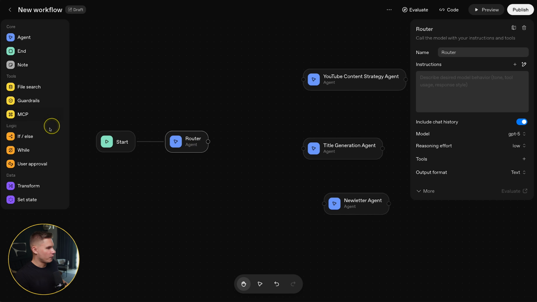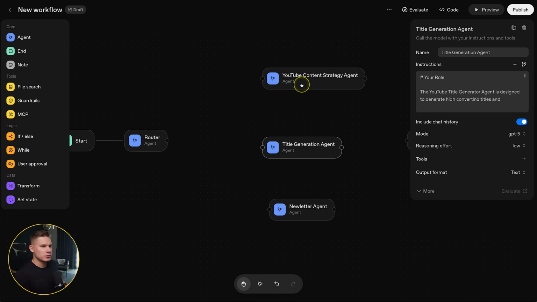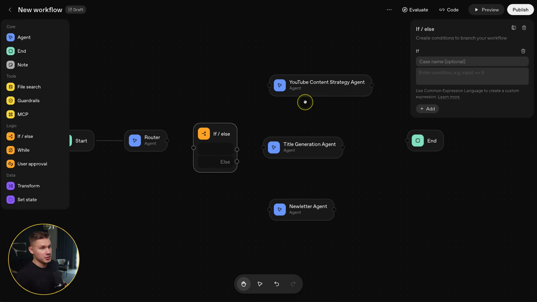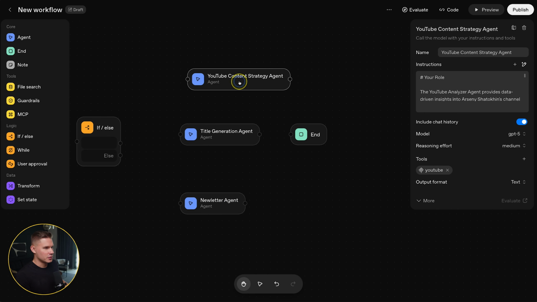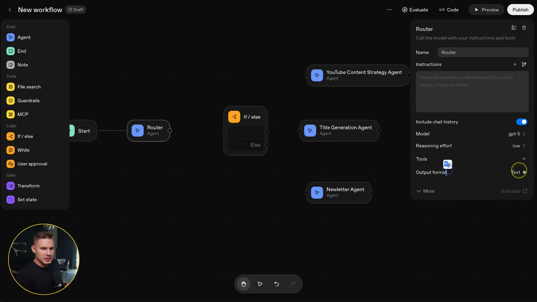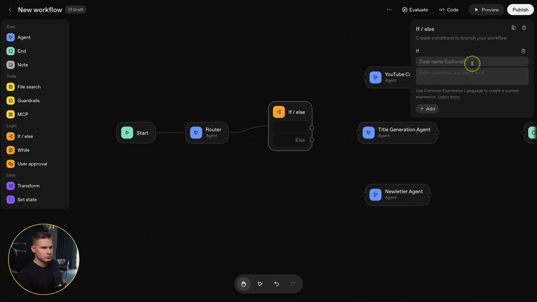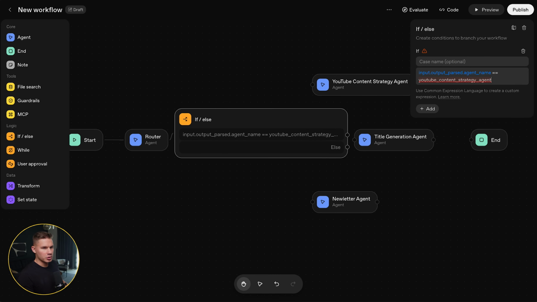We've already run into 4 different limitations, and now I have to spend a lot of time to configure this router agent, because it has to also go through the if-else statement, which is again just so 2023. There is really no reason to do this today. So let me quickly configure this now. Yeah, this is honestly a horrible experience.